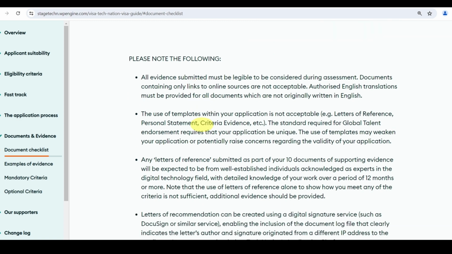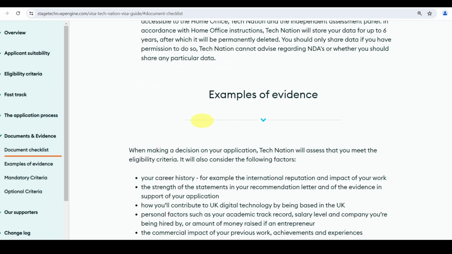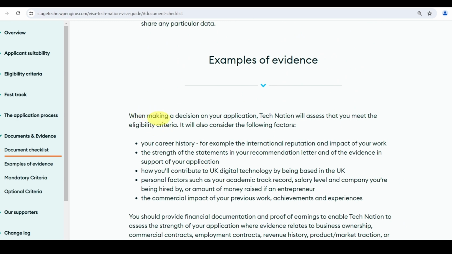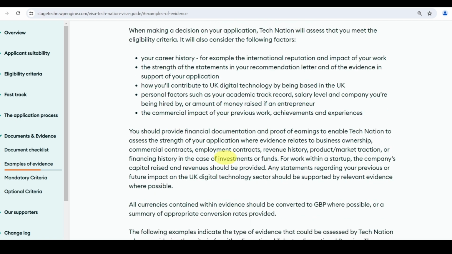Now, let's discuss the examples of those 10 documents. So this is the example. When making a decision on your application, Tech Nation will assess that you meet the eligibility criteria. It also considers the following factors: your career history, the strength of the statement, how you will contribute to UK digital society, and personal factors such as academic record and the commercial impact of your previous work.